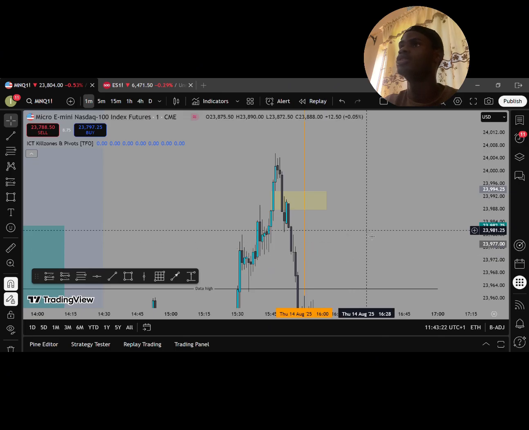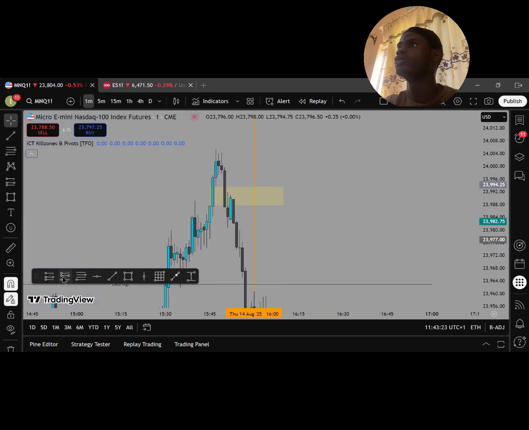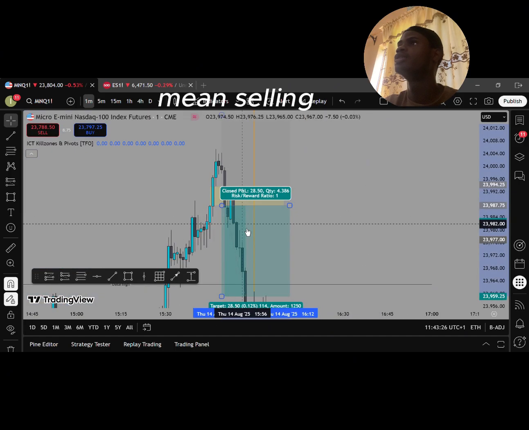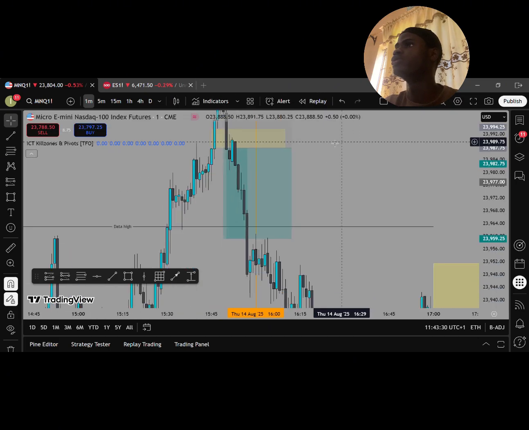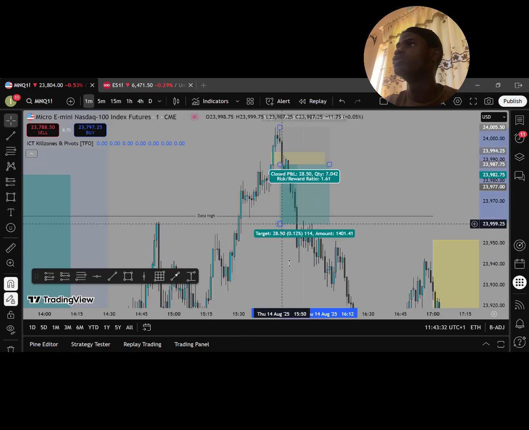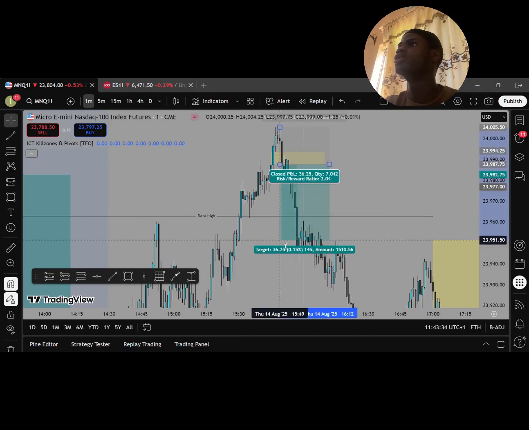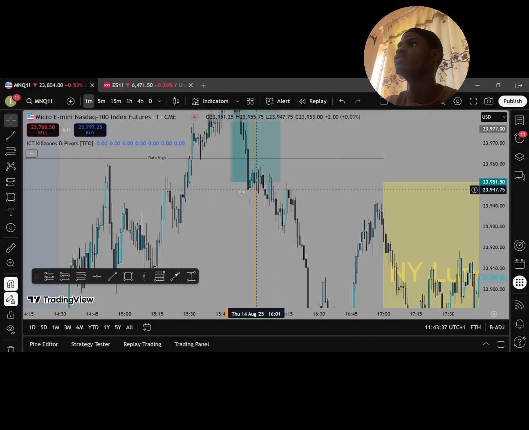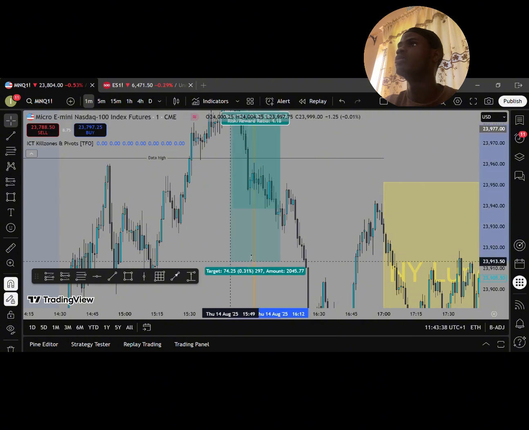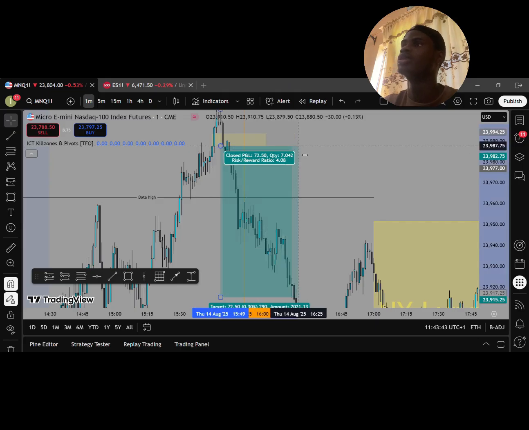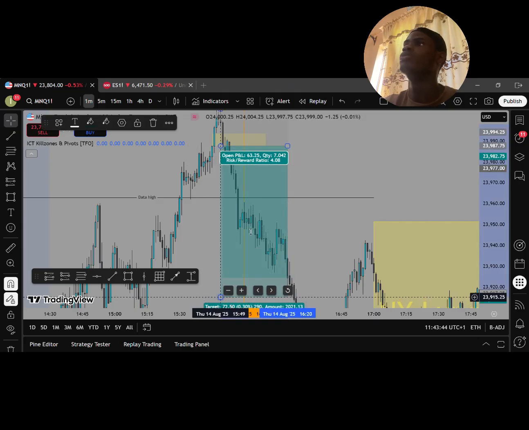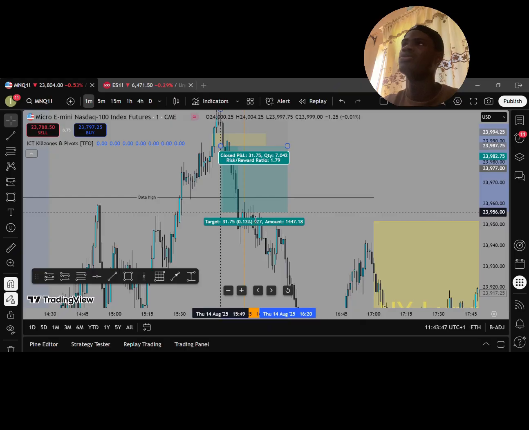The IVG after taking out that liquidity. So I would have been buying here again, and I'd be looking for, of course, 1 to 2. This 1 to 2 straight up TP, and I would have said okay, let's go for 1 to 4 if we can get that money. I would have ended the trade at 1 to 2. Not even 1 to 2, like 1.8.